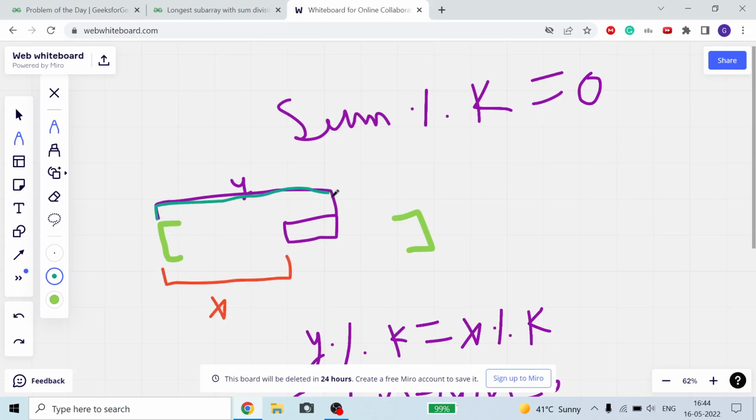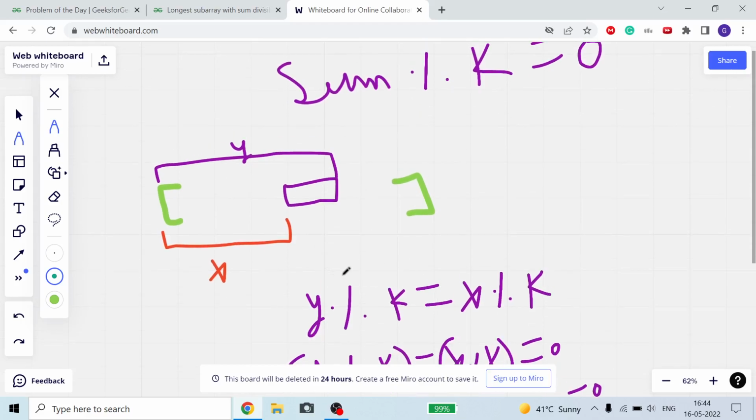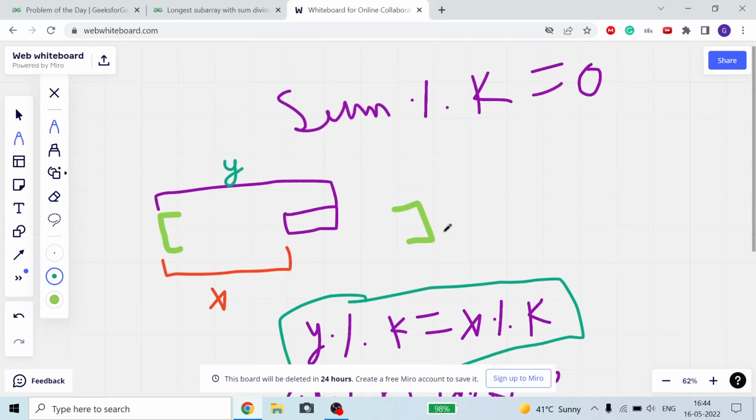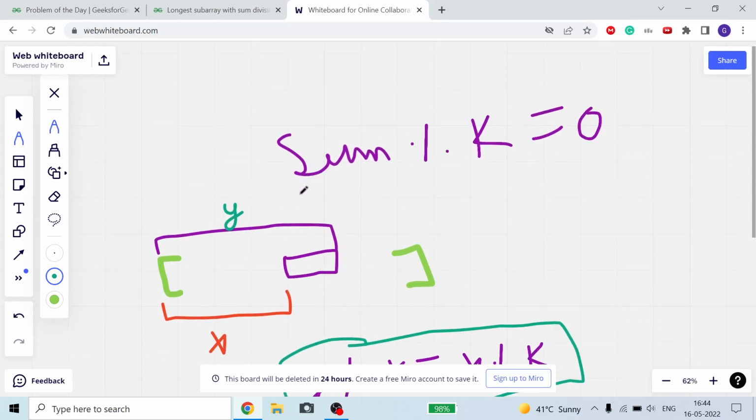Now from here to here, the sum of these elements is y, and suppose y modulo k is equal to x modulo k. What we need to find is a subarray whose sum modulo k is equal to 0.